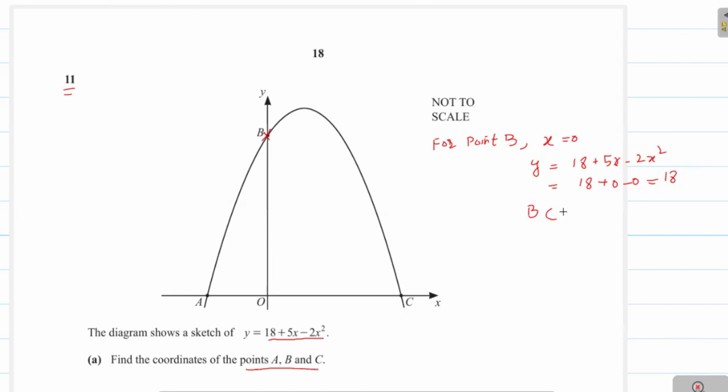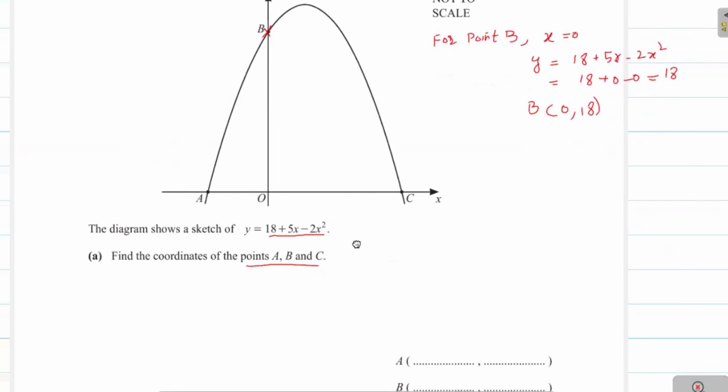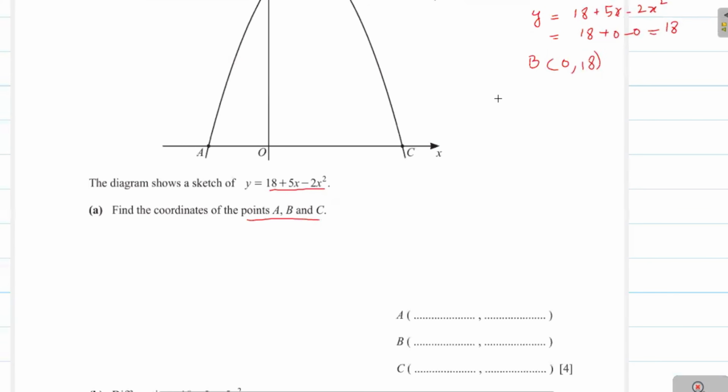The coordinate of B will be (0, 18). Next, the coordinates of A and C. For point A, the y coordinate will be 0. Therefore, we can write